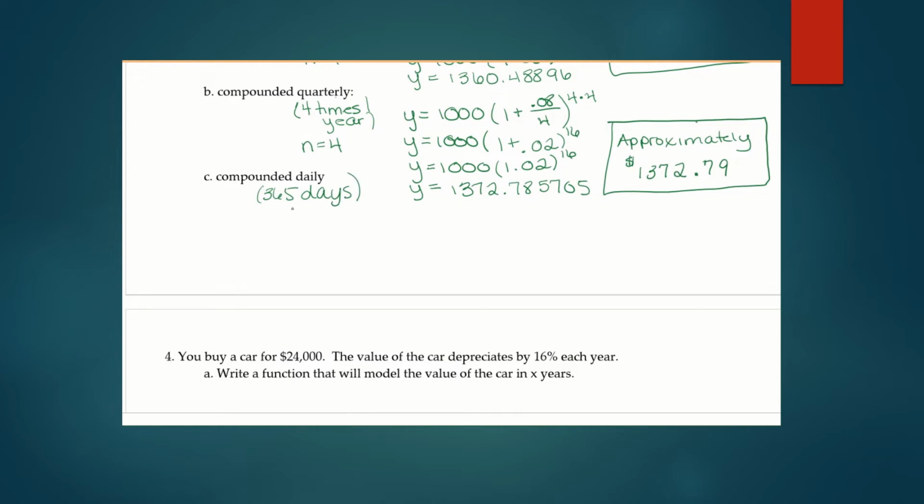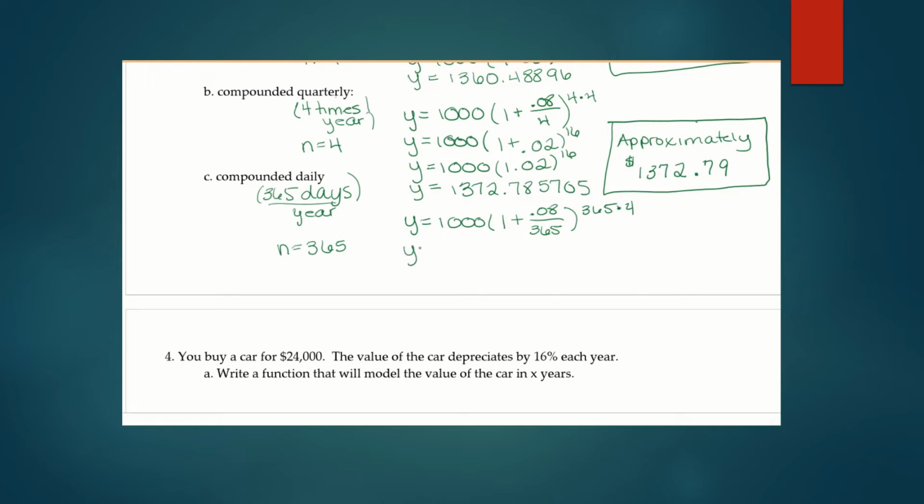So that means per year. So that means our N value, how often it's compounded, is 365 times per year. Okay, so plugging into our formula, once again, y equals 1,000 times 1 plus 0.08. And remember, the only thing that changes each time is our N value. That's the only thing that's changing. R stays the same, T stays the same, your A stays the same, all of that stays the same,